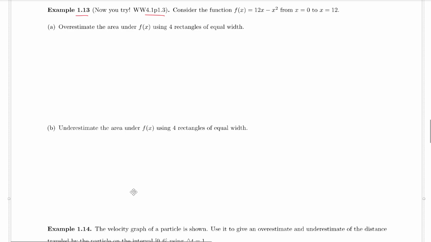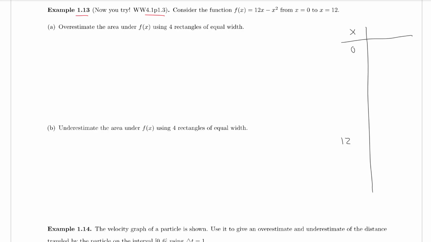So in order to do this problem, we're going to start by constructing a table of values. So for this table of values, we want to choose our x values to start at 0 and end at 12, and then we're going to take a look at the number of rectangles that we need to determine how far these values should be apart. So if we're trying to do a distance of 12 minus 0 divided by 4, so this is b minus a